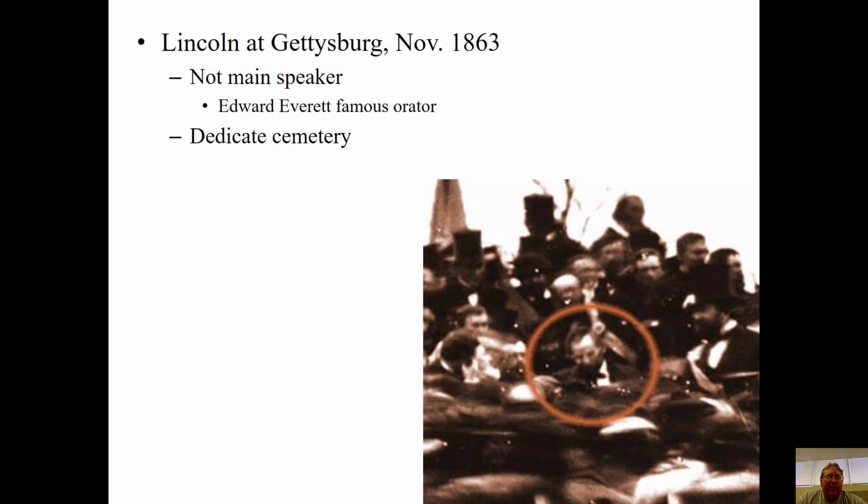His speech, the Gettysburg Address, opened with "Four score and seven years ago, our founding fathers brought forth upon this continent a nation conceived in liberty." And what Lincoln was saying to his audience, the American people as a whole, North and South, as a matter of fact, was that "four score and seven years ago" is a fancy way of saying 87 years ago, right?